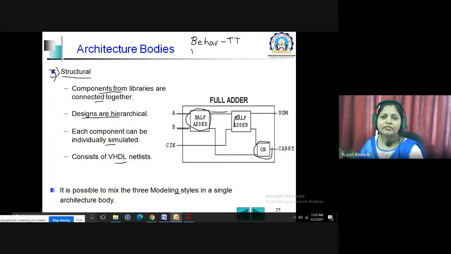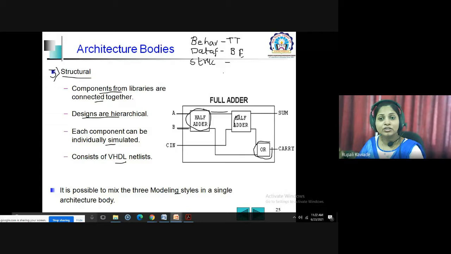For the data flow modeling style, you need the Boolean expressions. Then the next one is the structural modeling style. For structural modeling, what design specification should be with you? That is your logic diagram.